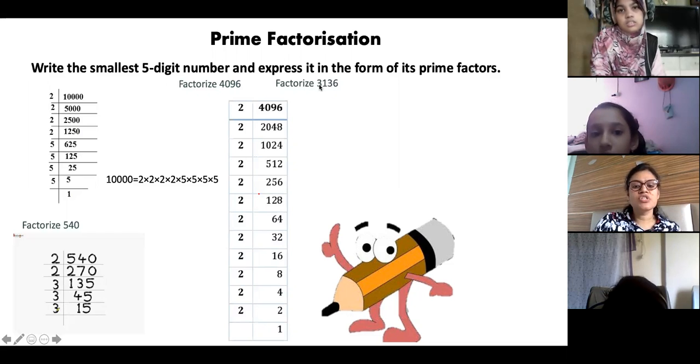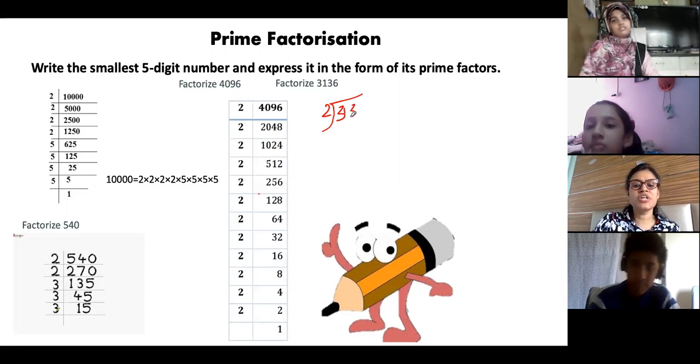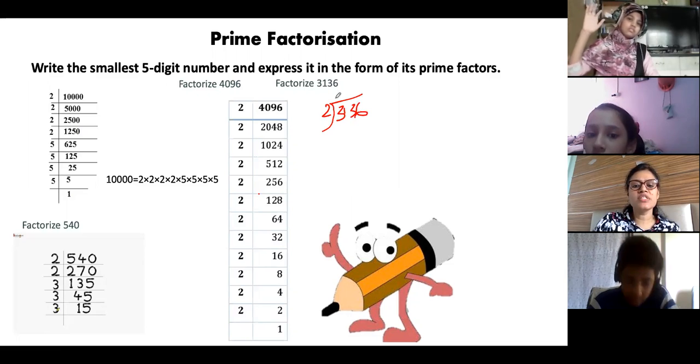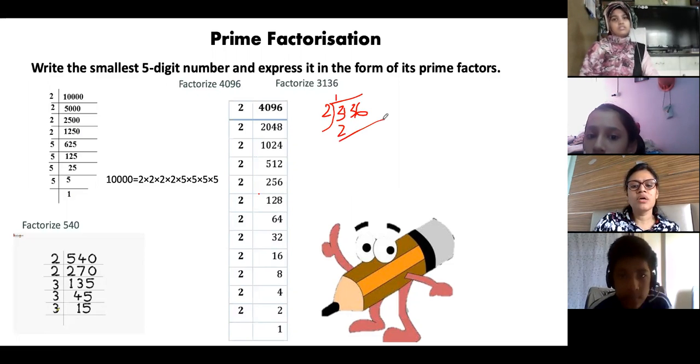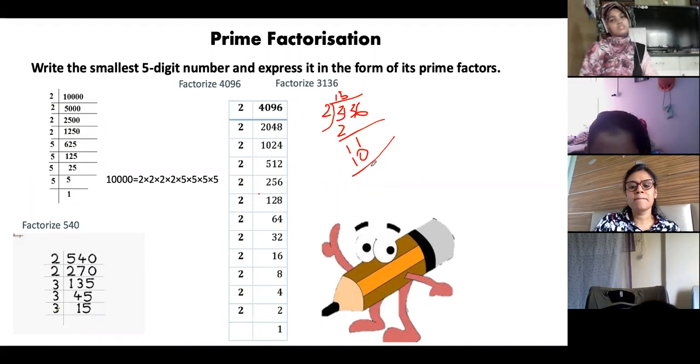By dividing it. 3136 is there. You know it is divisible by 2, so you will get the answer. We do it directly over here. 2 1s are 2, 1 will come here, and 3 minus 2 is 1. So 11. 2 5s are 10. Again the remainder is 1, and then 3 will come. So 2 6s are 12. 2 6s are 12, and then again 1 comes over here.